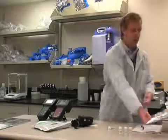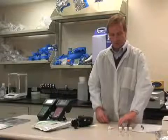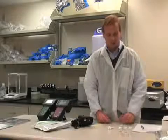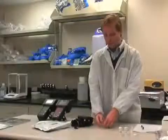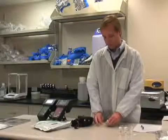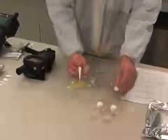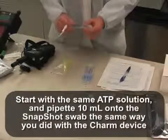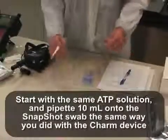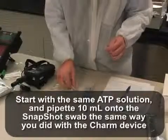It's important to take the swabs out and allow them to come to room temperature. This only takes 2 or 3 minutes. Then add a new pipette tip. I'm going to open up an ATP vial, starting with the 2,000 again. I'm going to collect a sample. Take one of the Snapshot swabs, pipette it onto the Snapshot swab button,